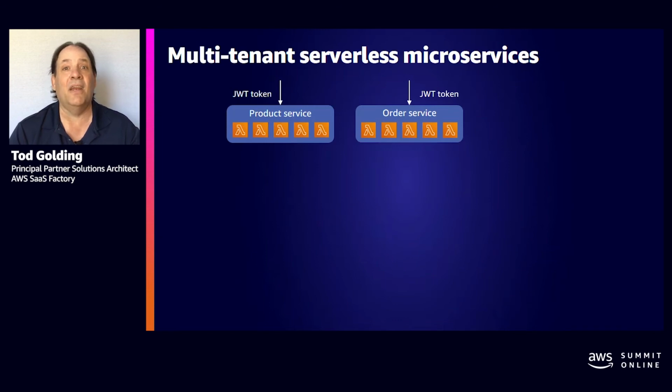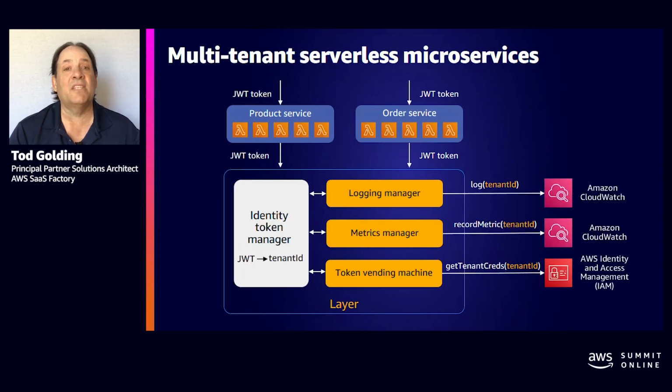And then when that JWT comes in, these services will often have to take actions that will require tenant context. And our goal here is to say, let's hide all of the mechanics of that away from developers. So when they need to do something that relies on tenant context, there's a library or something else that will take care of that for them and hide away the details of multi-tenancy.